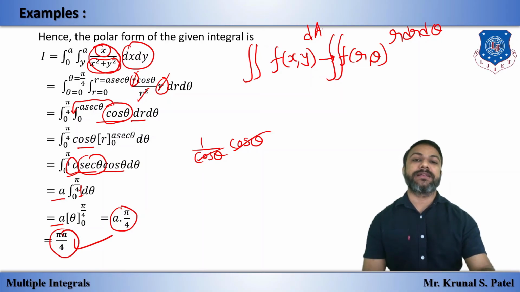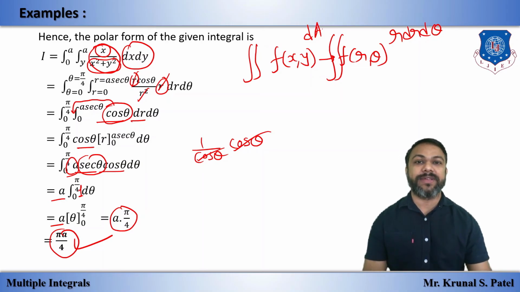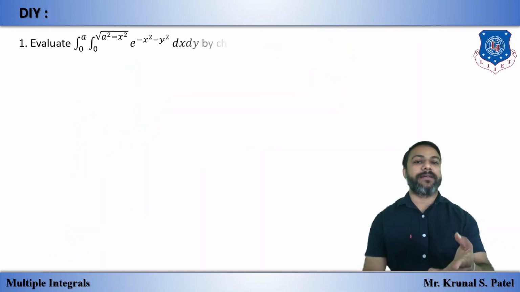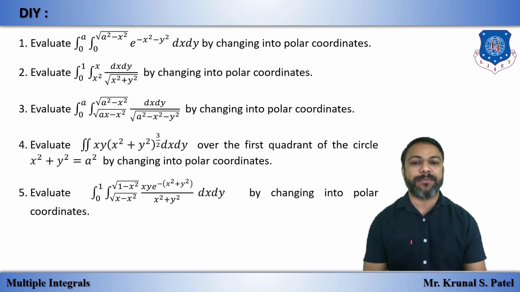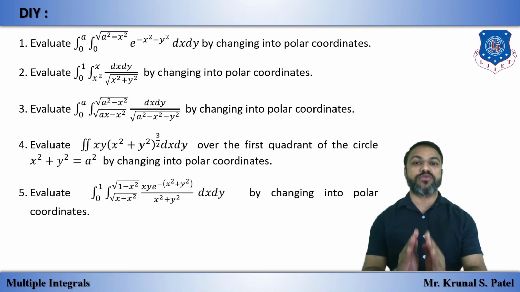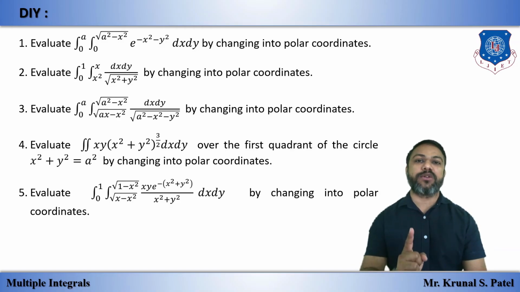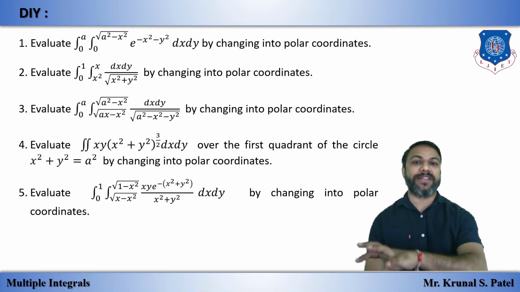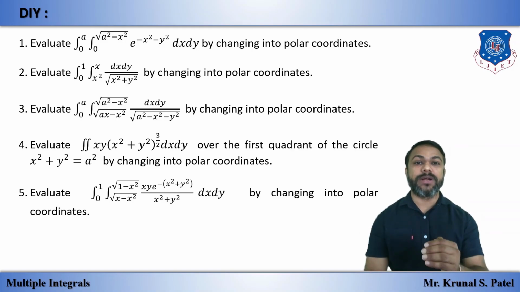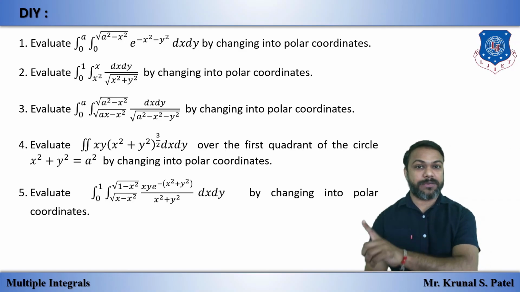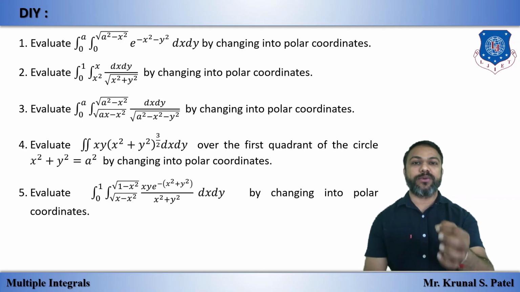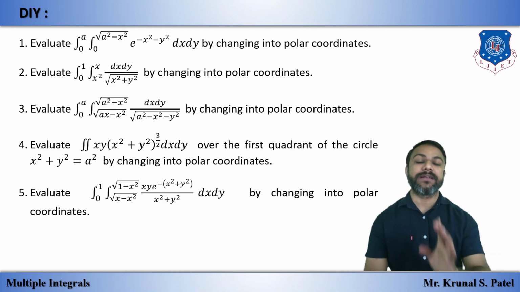Okay, that's why I am telling you that after each and every lecture we have some practice examples we have to solve. So according to that we again have some practice examples. These are the 5 examples that you have to solve by yourself. If you practice these examples, then and only then you can understand better how Cartesian is converted into polar. If you understand the previous 2 lectures, lecture number 1 and lecture number 4, then you can understand this lecture number 8 very easily and quickly.